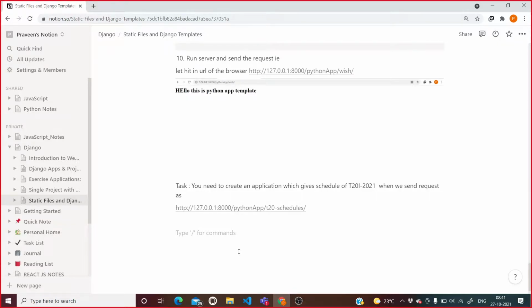See, today we have seen how we can send a template as a response, right? Yes, sir.